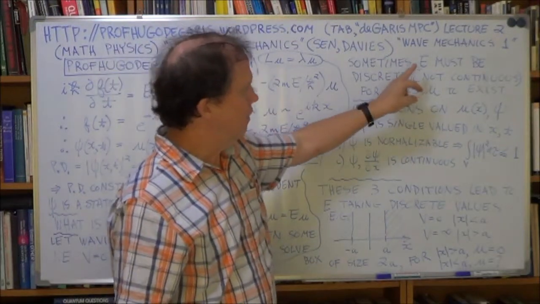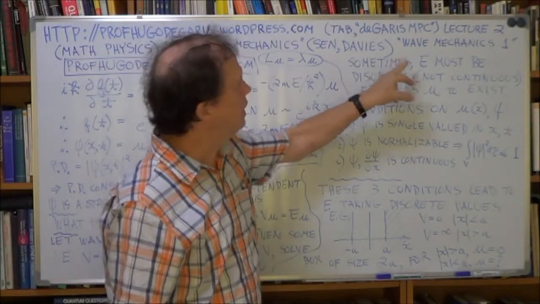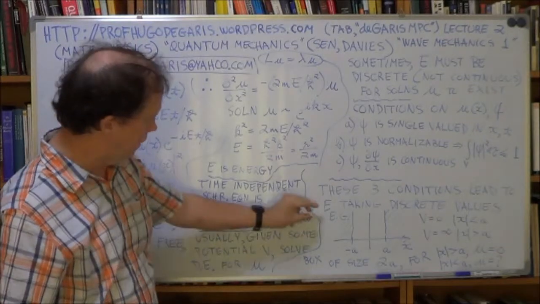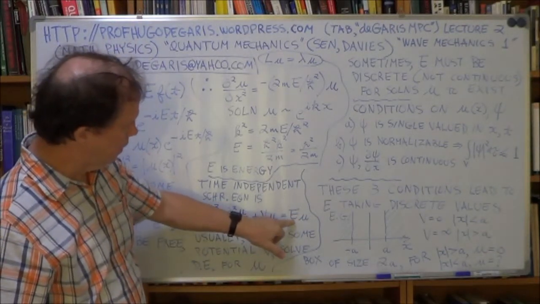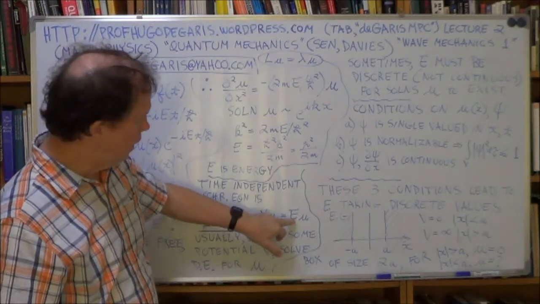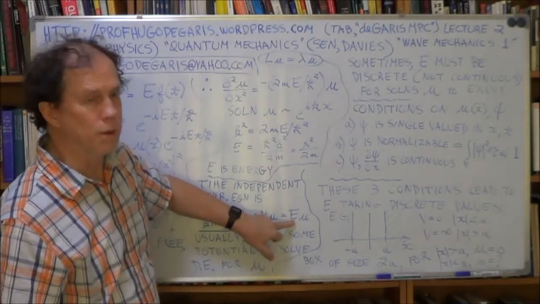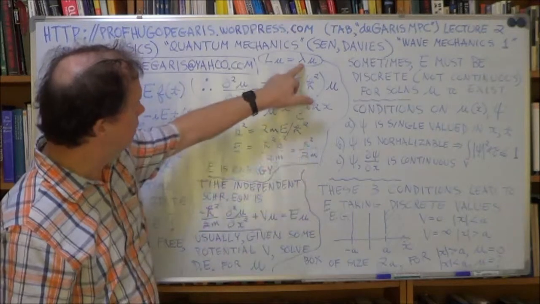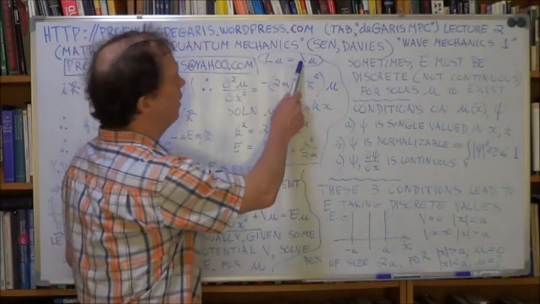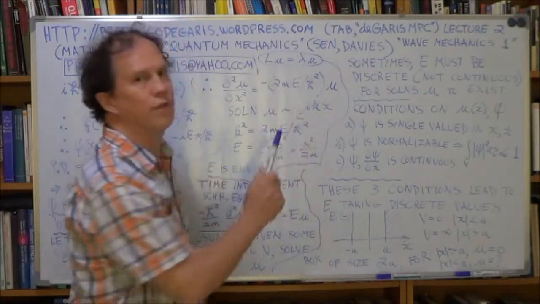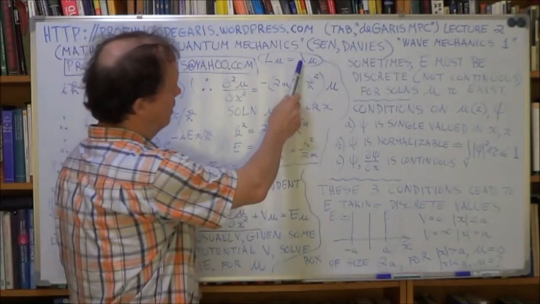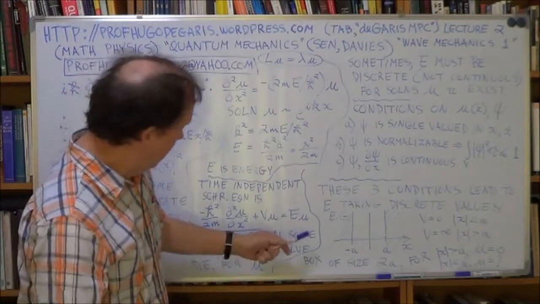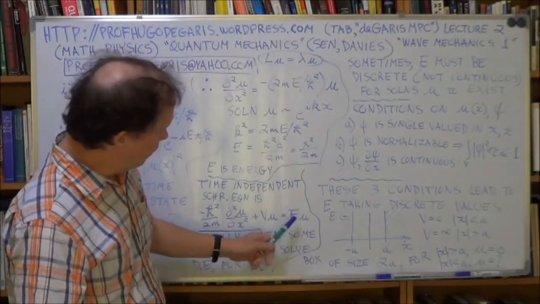Now, as I was mentioning a bit in the previous session, the really interesting thing when you solve this eigen equation, this Schrödinger equation, is that quite often the E's that give you a solution, your eigenvalue. This is now an eigenvalue. Don't be confused with a wavelength. It's just an eigenvalue. So for